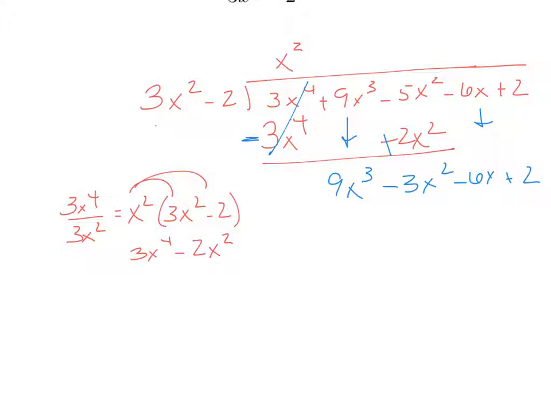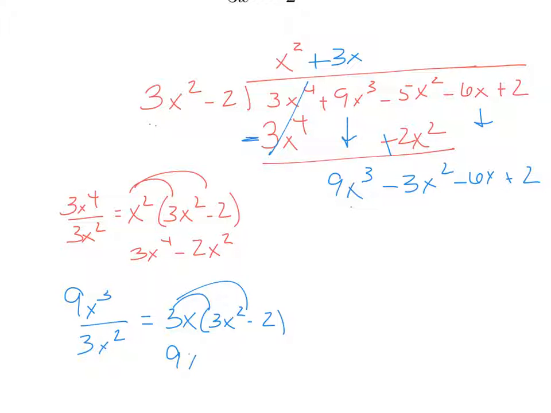Okay, so now I'm going to start all over again. Take the first term divided by the first term. So 9x cubed divided by 3x squared. When you do that, you end up getting 3x. That's a part of your quotient, so I will put it up top. I just divided, so I will multiply now by the outside. 3x squared minus 2. That goes in. I end up getting 9x cubed